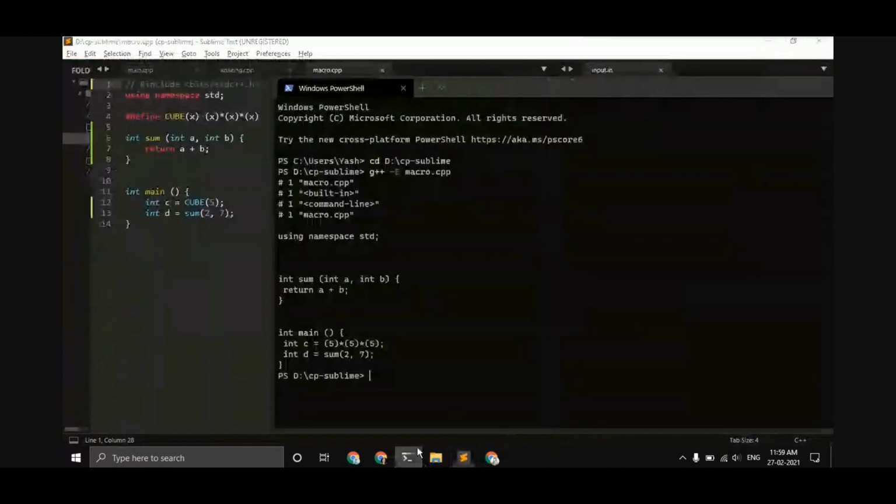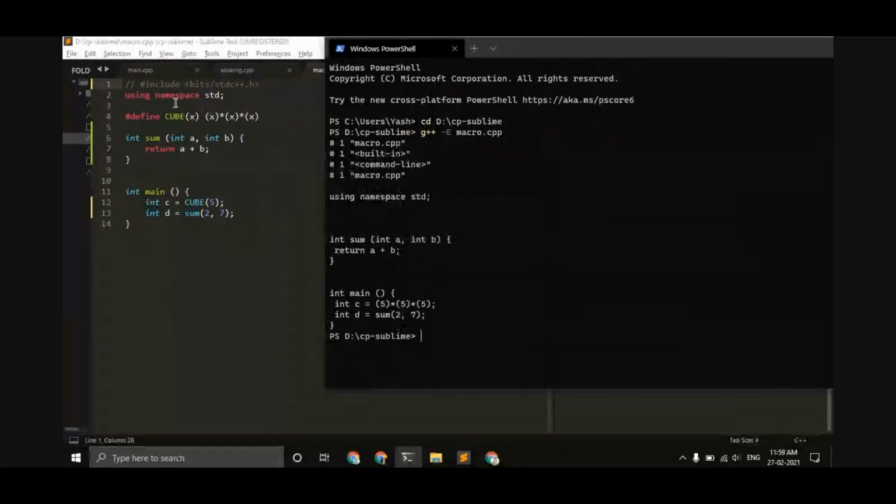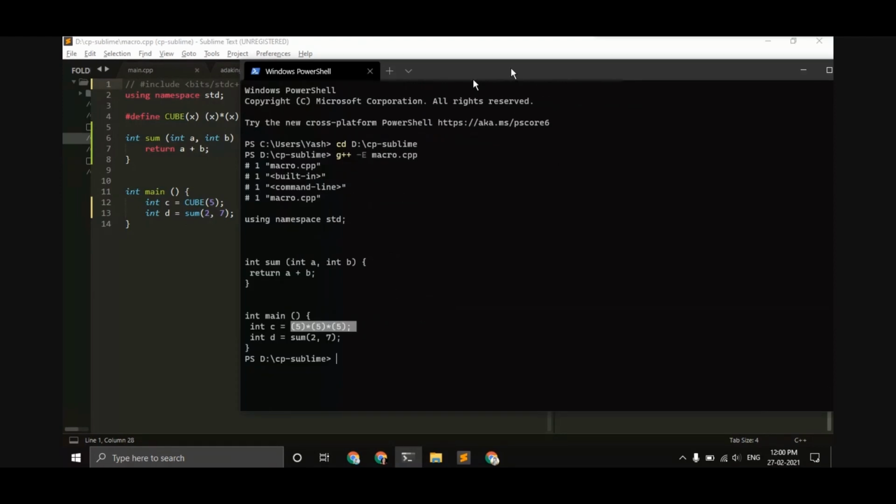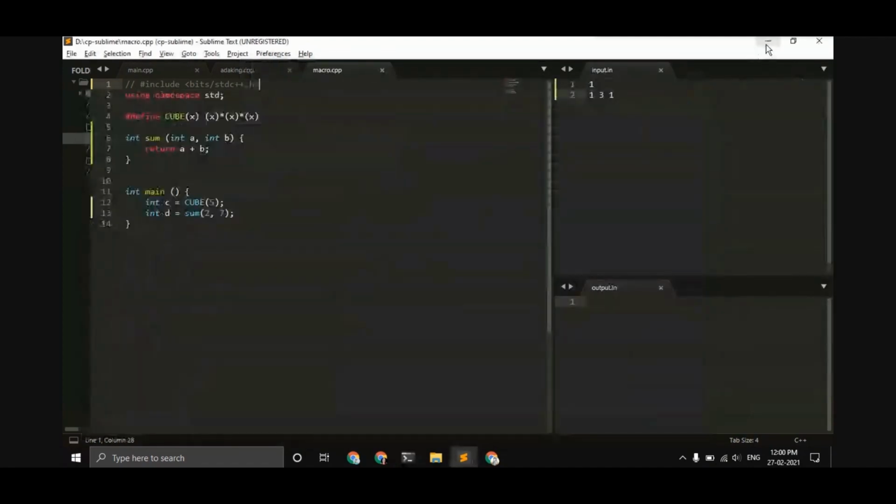This was our code, and this is the file after pre-processing. We have this namespace std, and see, this cube macro was replaced with 5 into 5 into 5 just after pre-processing. But this sum was not replaced. So what this means is that sum is called during runtime, and the macro is expanded during pre-processing of the file.